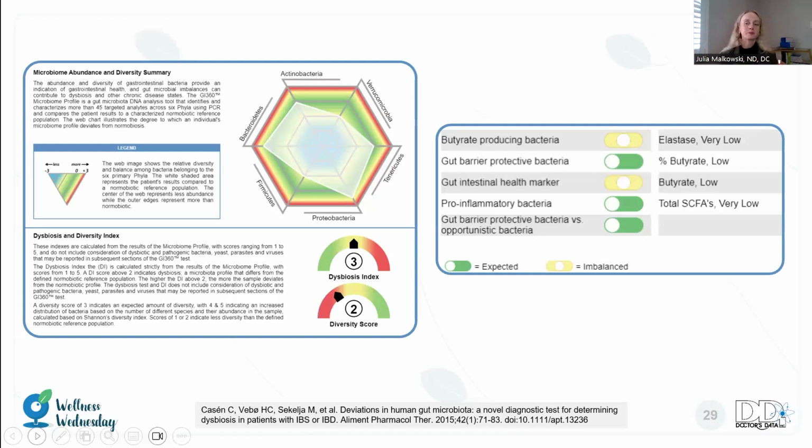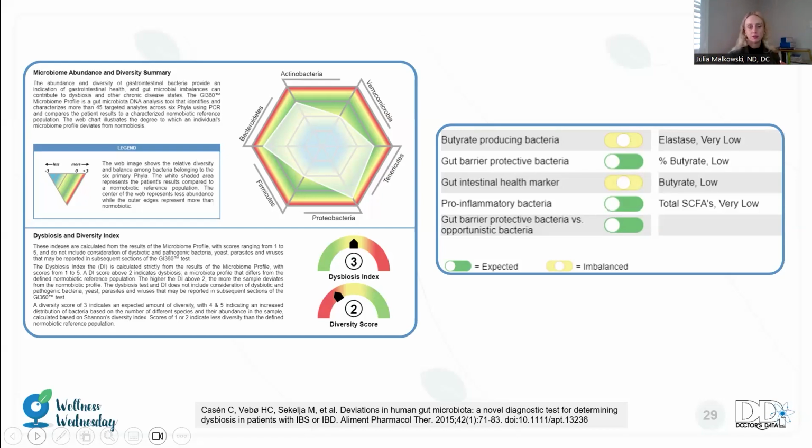Let's take a look. Now, remember at the beginning of this presentation, we talked about the phyla of the bacteria. Here we see the phyla represented as a web. Remember, the main phyla are listed here: Actinobacteria, Verrucomicrobia, Tenericutes, Proteobacteria, Firmicutes, and Bacteroidetes. These phyla are represented on the web there. A perfect result would be at that green hexagon shape. The patient's result is that white web superimposed on the hexagon. What we see for this individual is, instead of having that beautiful hexagon shape, we almost have a rectangle. That's showing us that there's an issue with diversity.